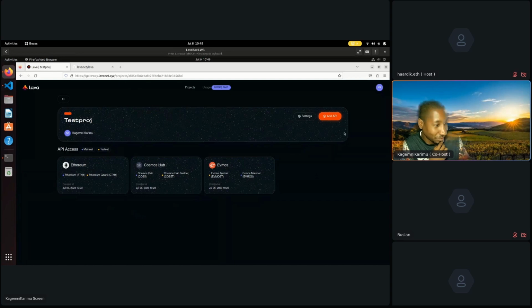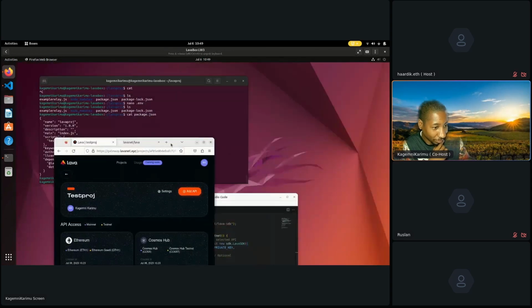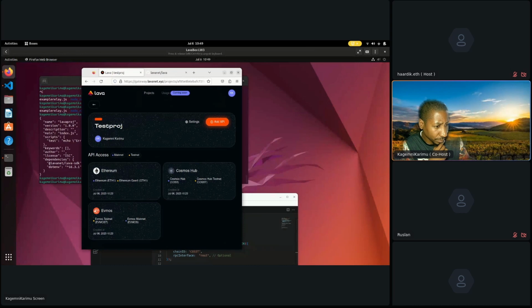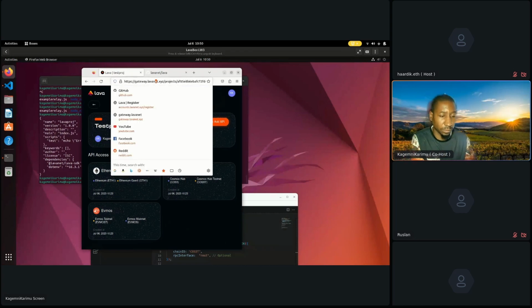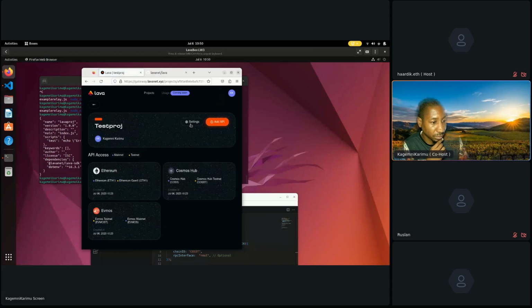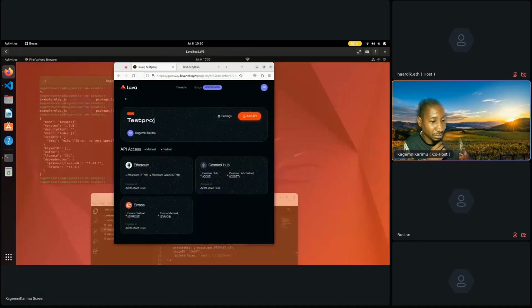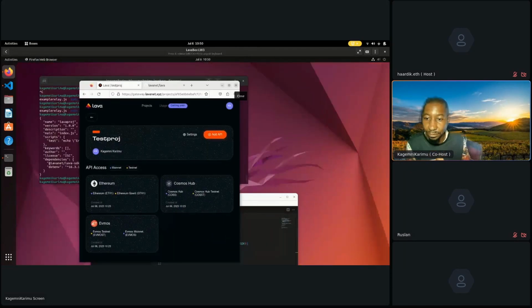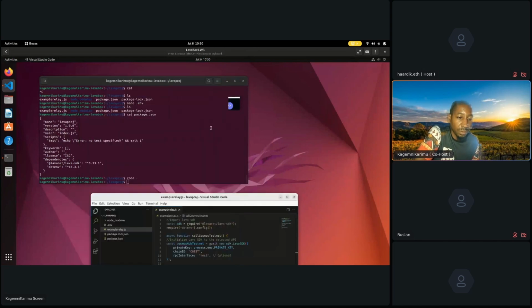Okay. Now the add API button's not working on this virtual machine. But you can keep adding networks to this, and you should be able to very easily use the same private key. Refresh this page. Still stuck. Okay. Interesting. So, in answer to your question, same private key per project is my understanding of how it works. But as you can see,